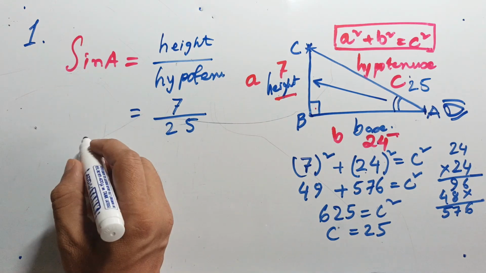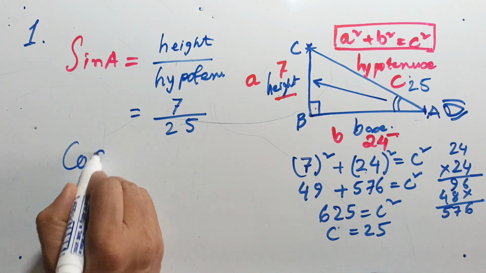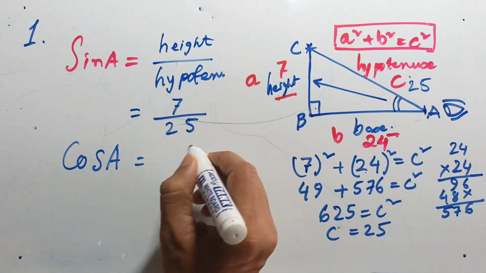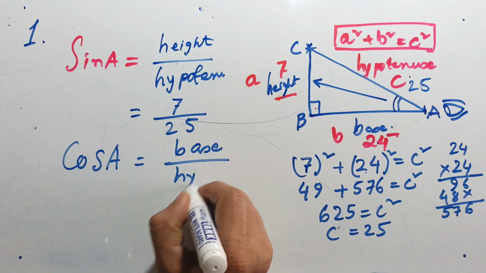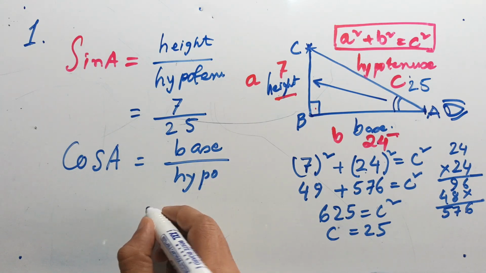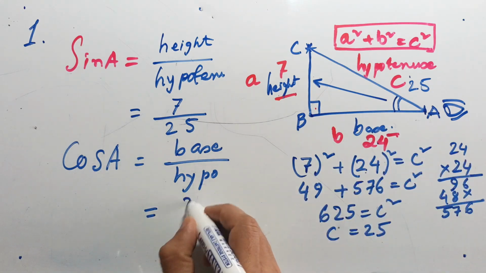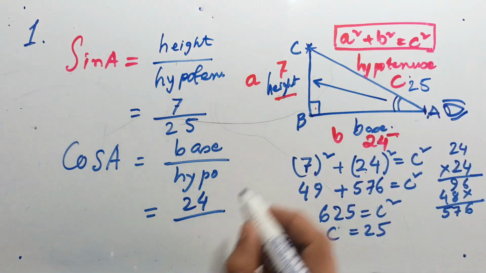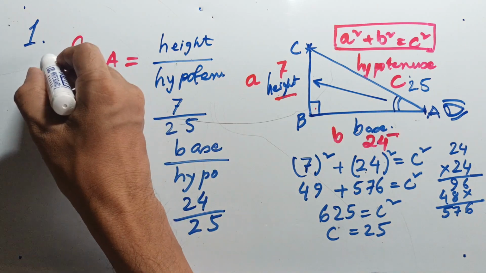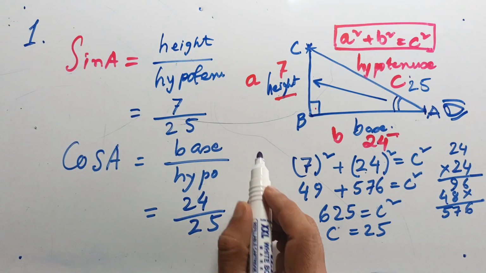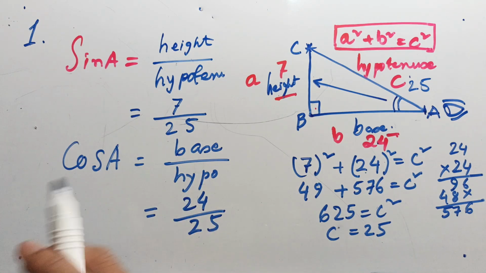Okay, now let us find out the value of cos A. Next it is asked cos A. So cos A definition is base by hypotenuse. So here if you observe, base is 24 and hypotenuse we have found out is 25. So this is the way you have to find the sine A and cos A of this. Next part of this calculation is